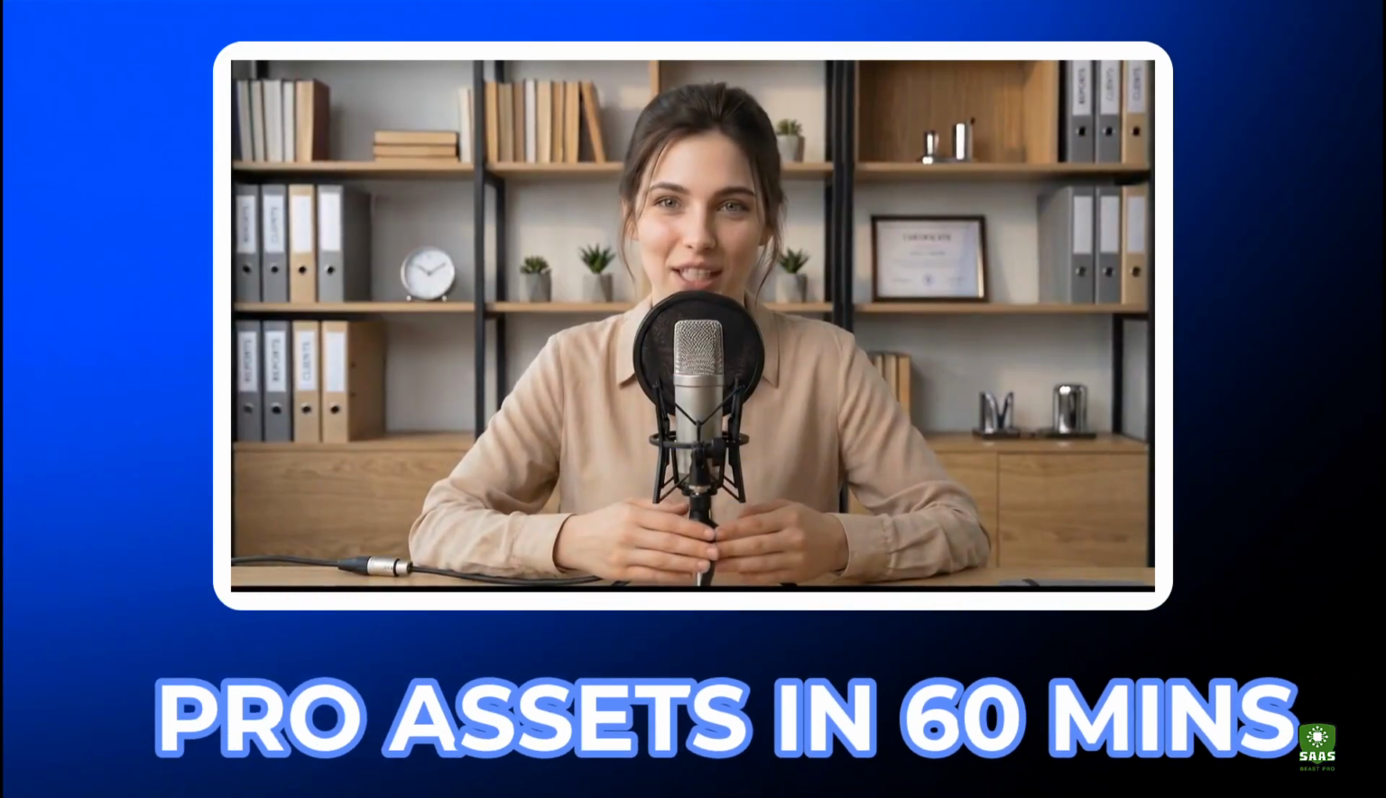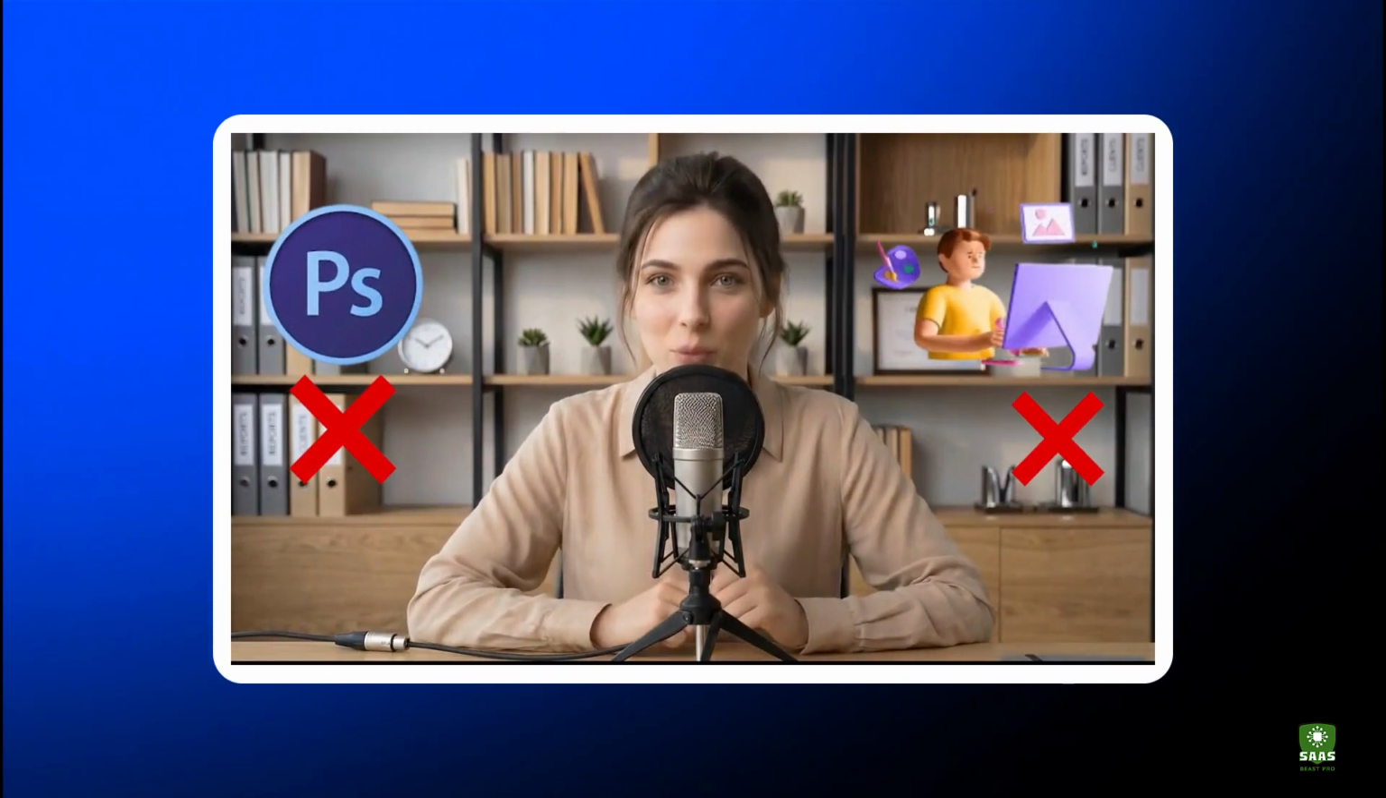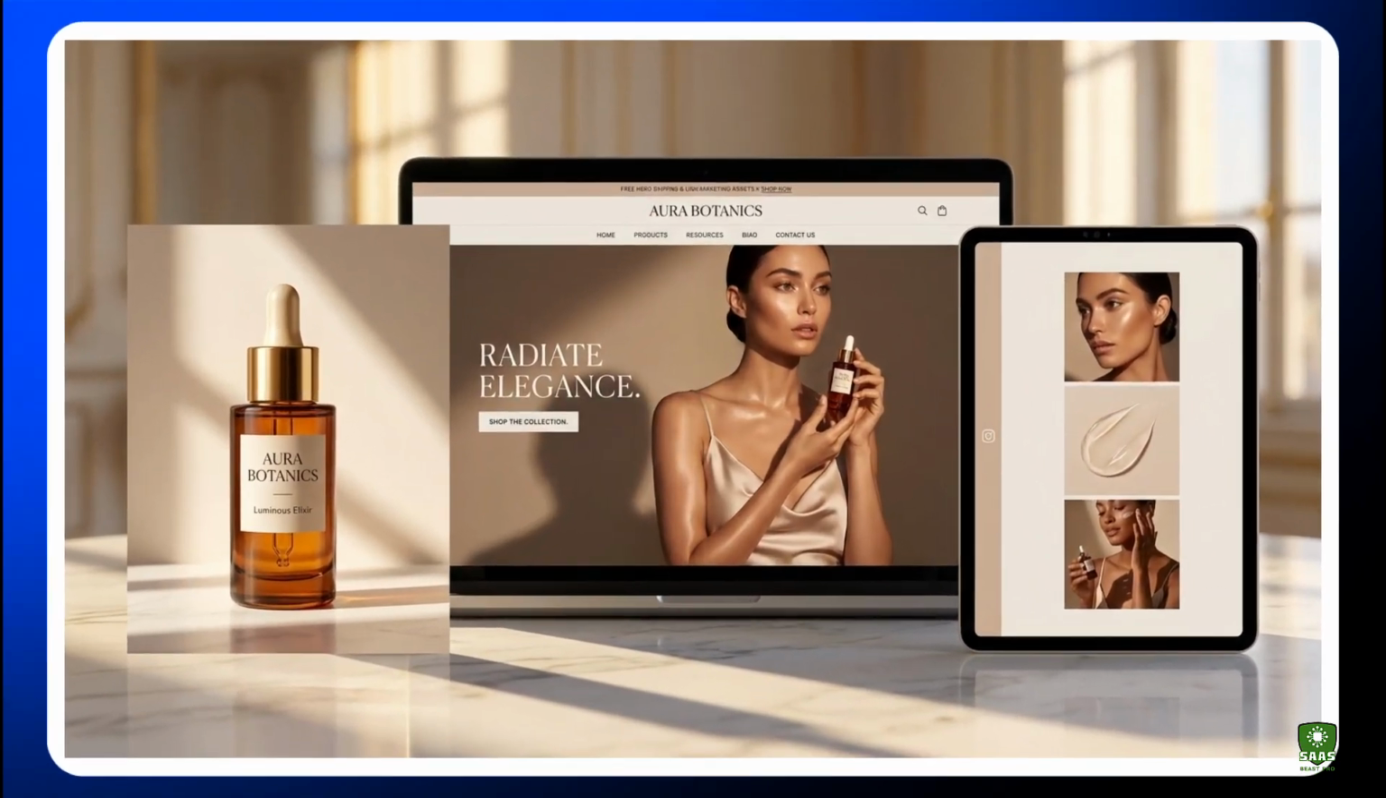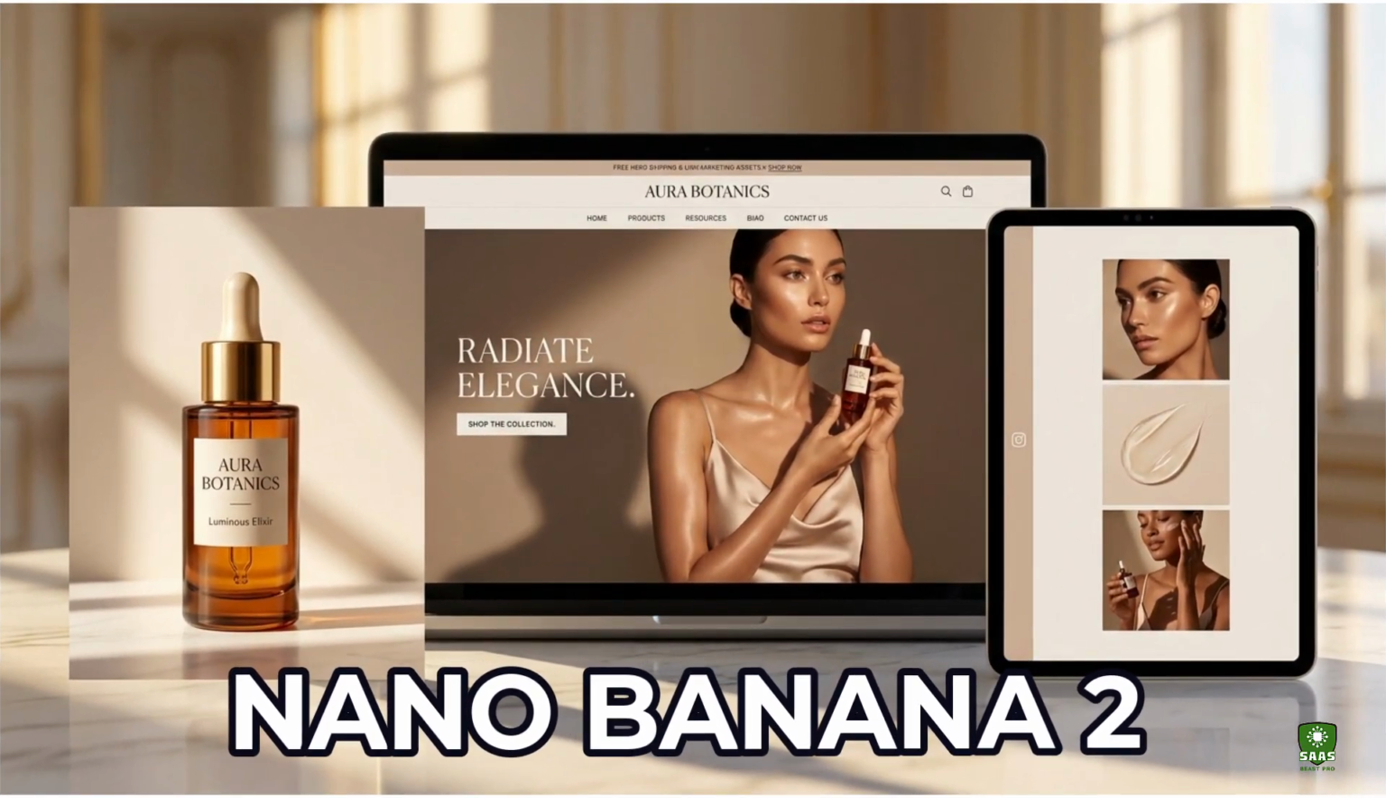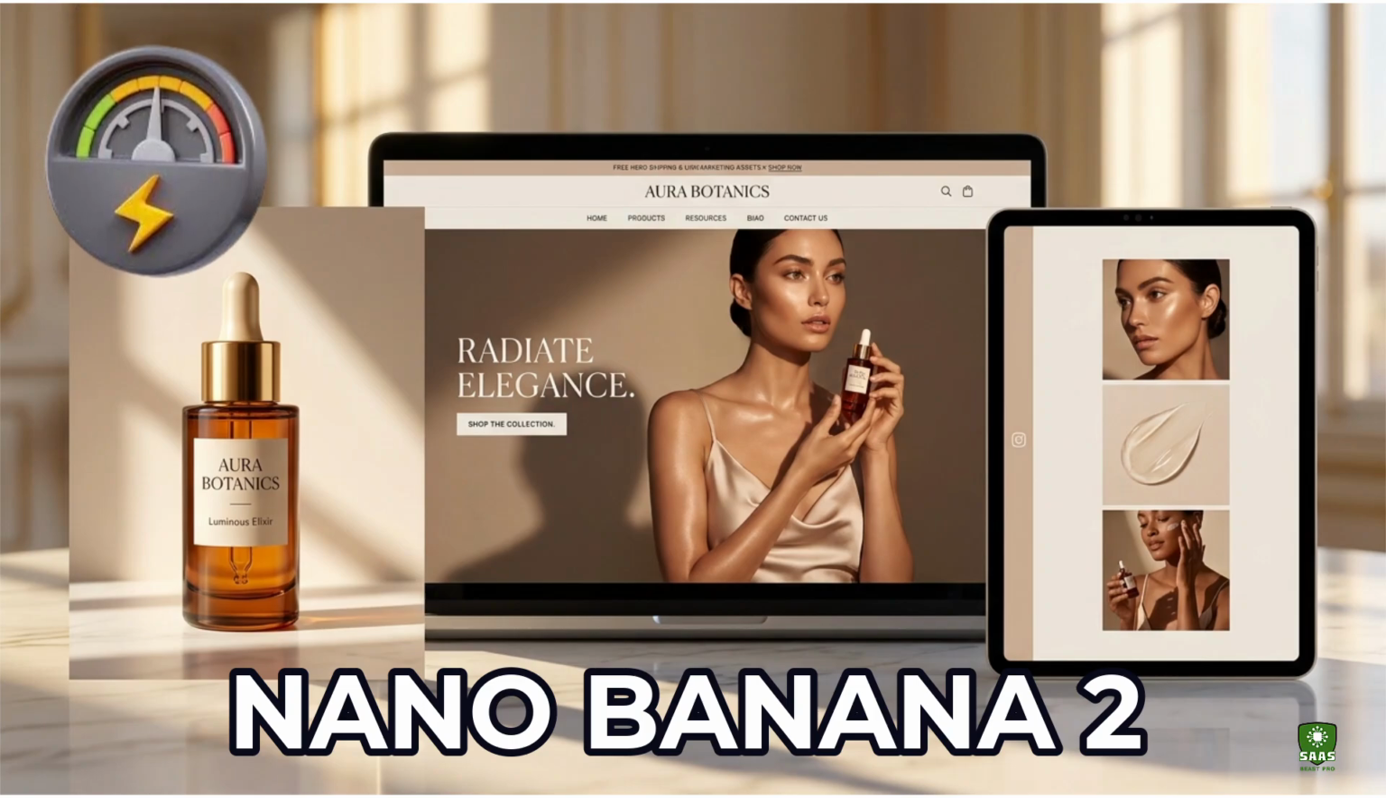Imagine launching a new product this weekend and having every single visual done in an hour: product photos, homepage banners, and even a storyboard for your first ad, all without Photoshop or a designer. Today we are mastering Nano Banana 2, Google's smartest image model that combines the speed of Nano Banana with the